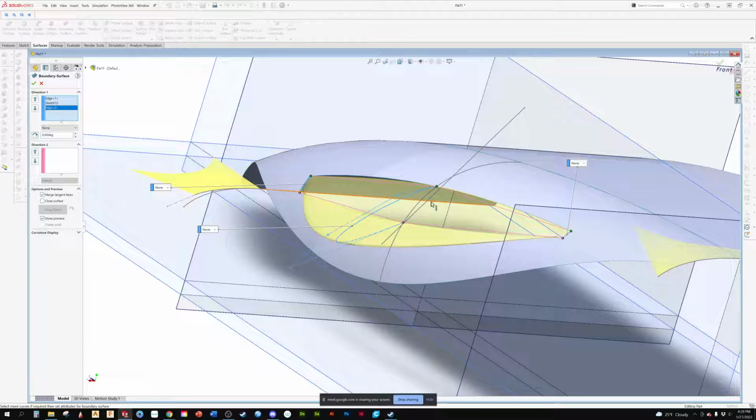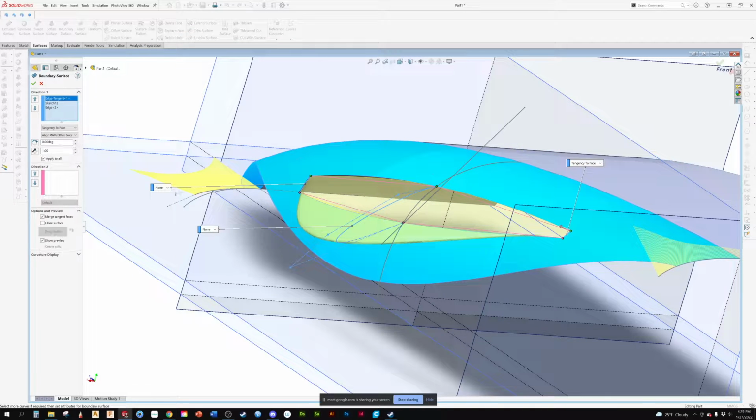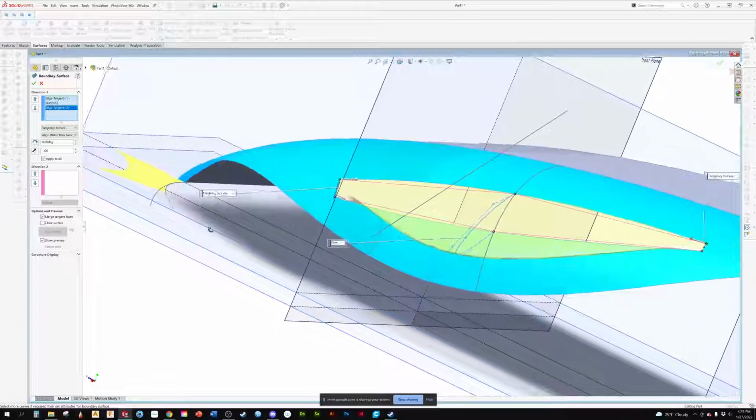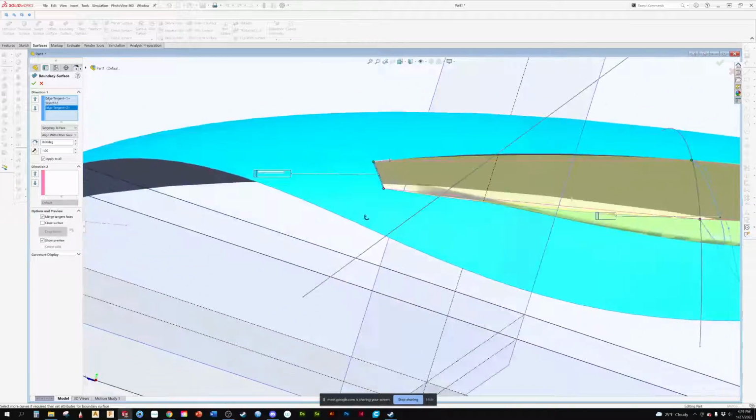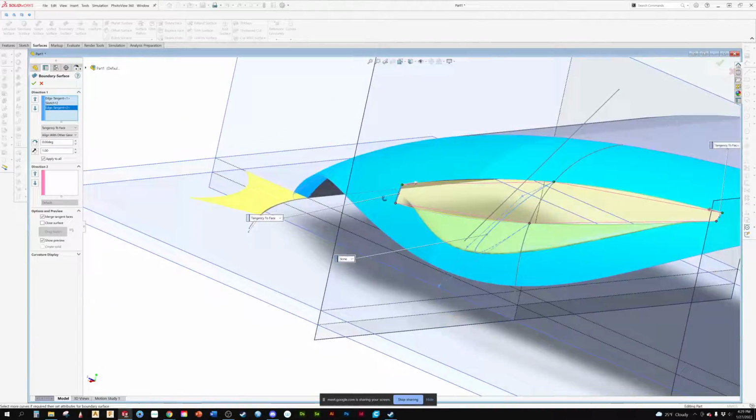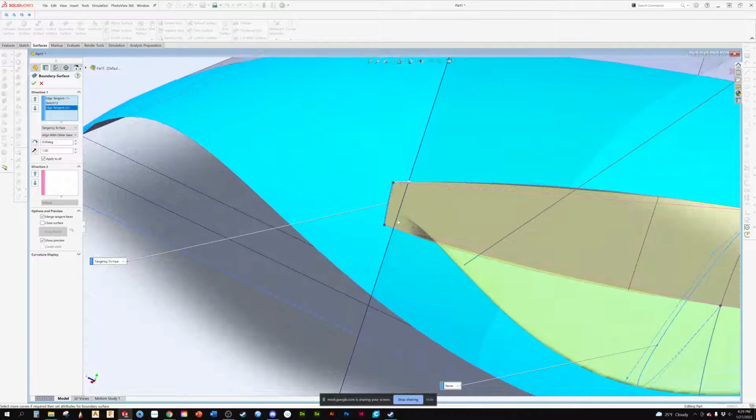One of the nice things about boundary is I'm going to simply say here I want it tangent. Here I want it tangent. Now, one of the things that the boundary surface allows you to do is you can see here it's making it tangent, but it really dives in deep. I can grab this arrow, or I can come over here, and that's the length of the tangent. So just like what we did on the other ones, where you can pull the tangent line back in and out, through the surface tool,